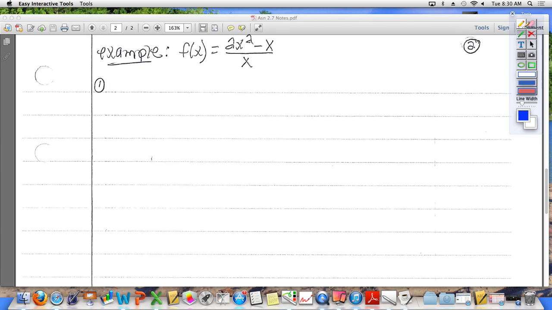Step number 1 is to do what? What do your directions say to do? Simplify. So help me. What can I do here? Take an x out of the top. Very good. So when I simplify this,